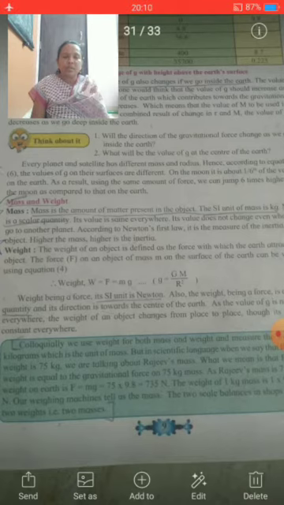In free fall, the initial velocity of the object is 0, but it goes on increasing due to the gravitational force or acceleration due to gravity of the Earth. When the stone is in our hand, its initial velocity is 0 and we release it from our hand. Due to acceleration due to gravity, the velocity of the stone goes on increasing.